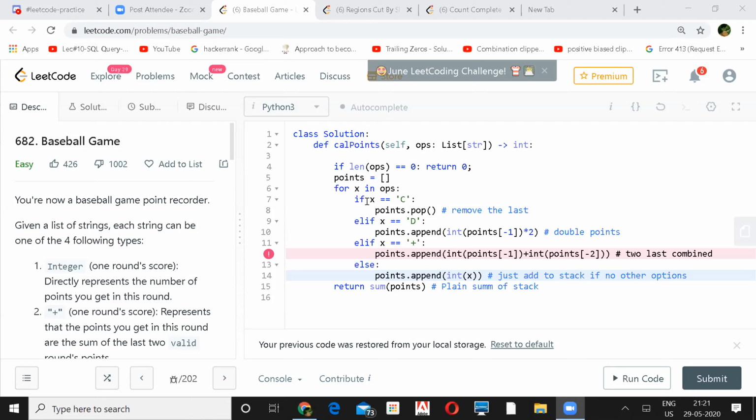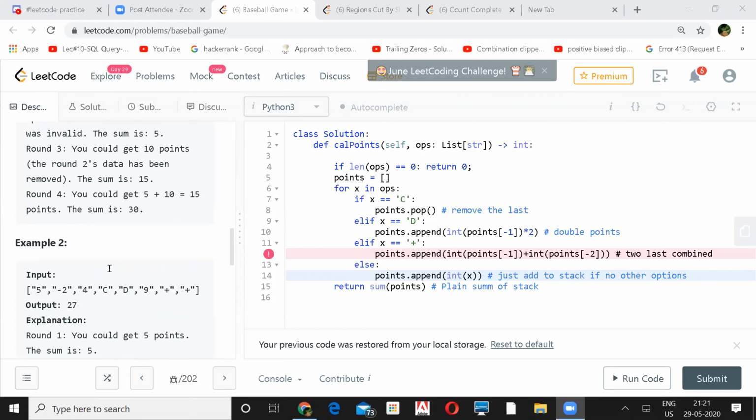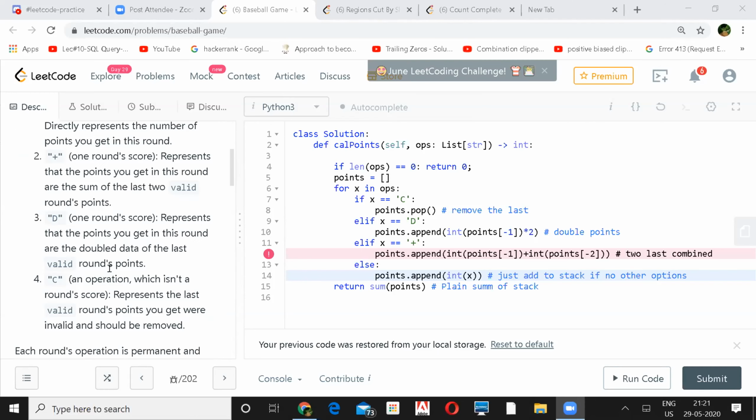Then we need to add the last n elements, if the question is that way. Oh, okay. Then I don't think stack will do that. Then you'll have to use a list only, right? I think list is better than a stack here.